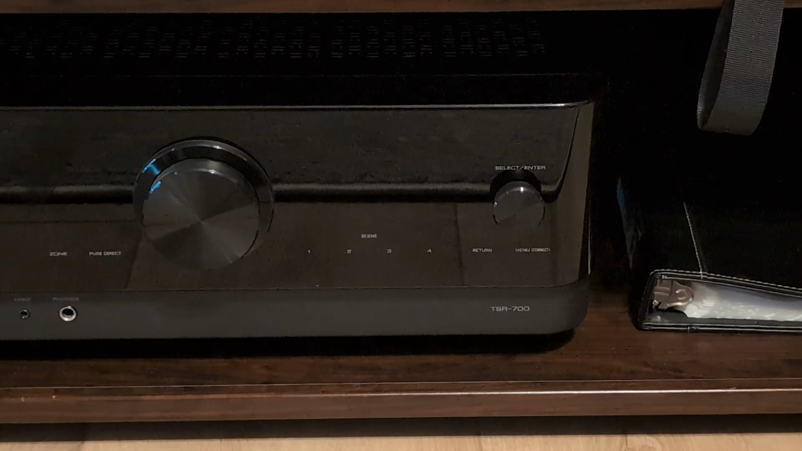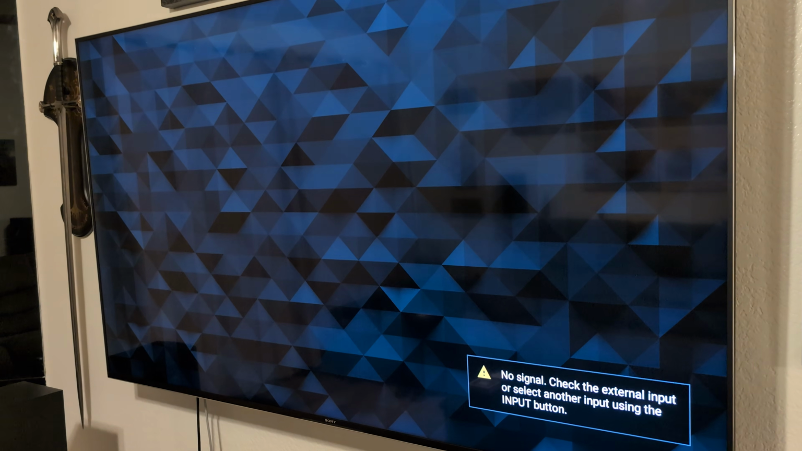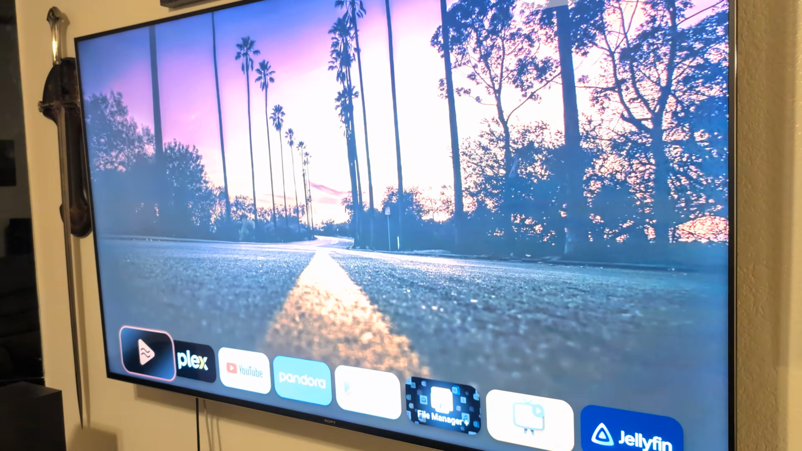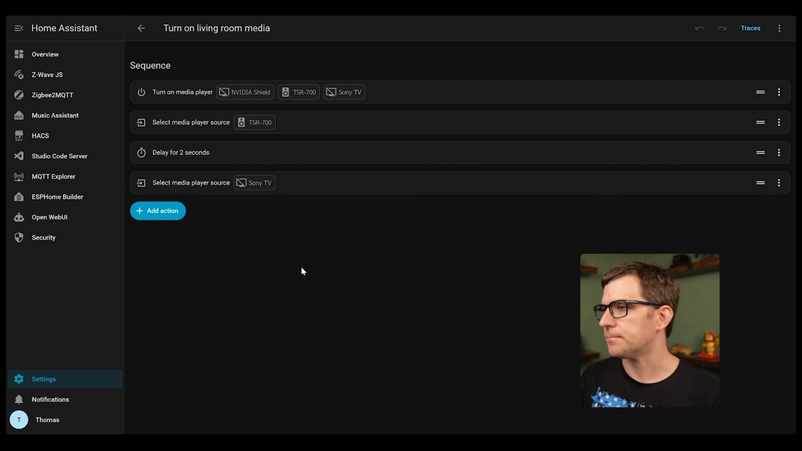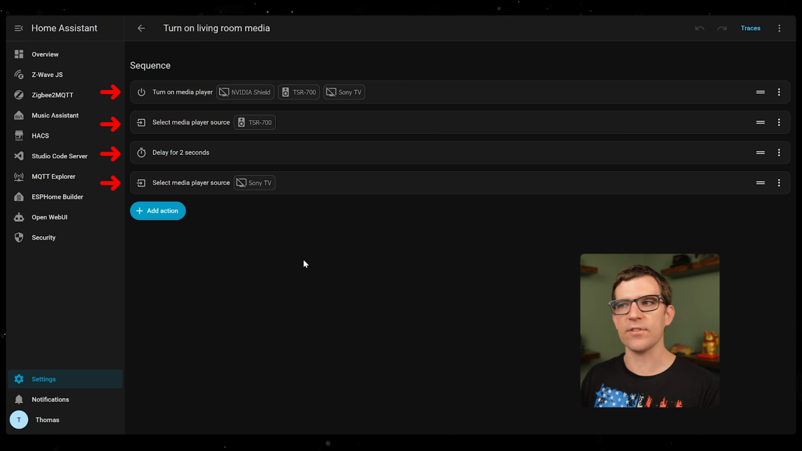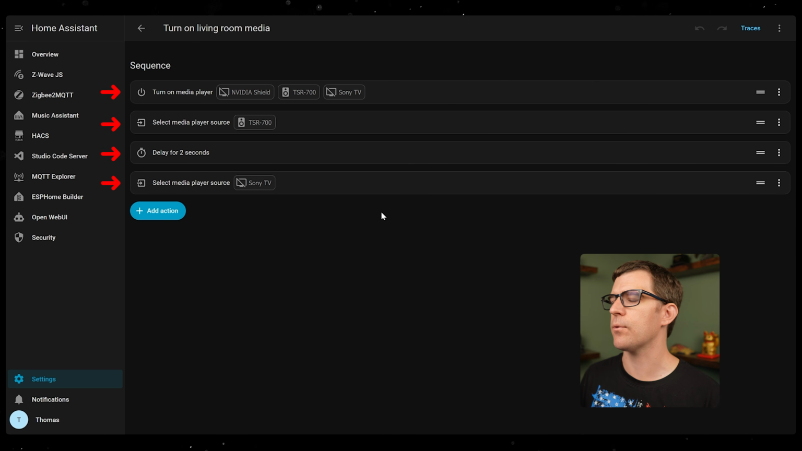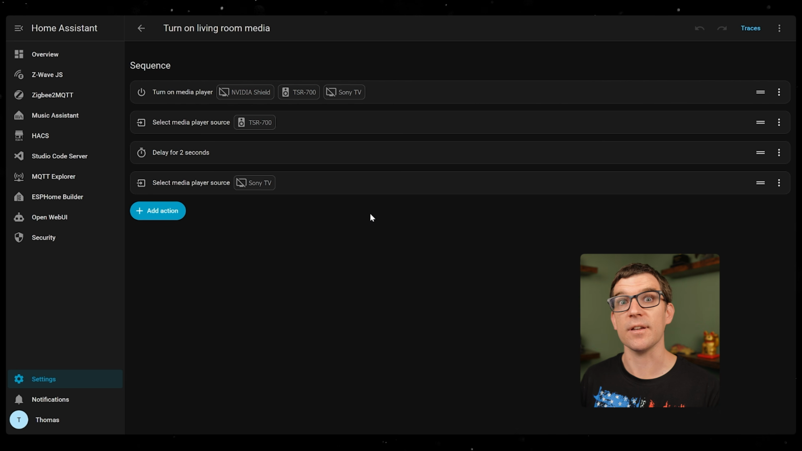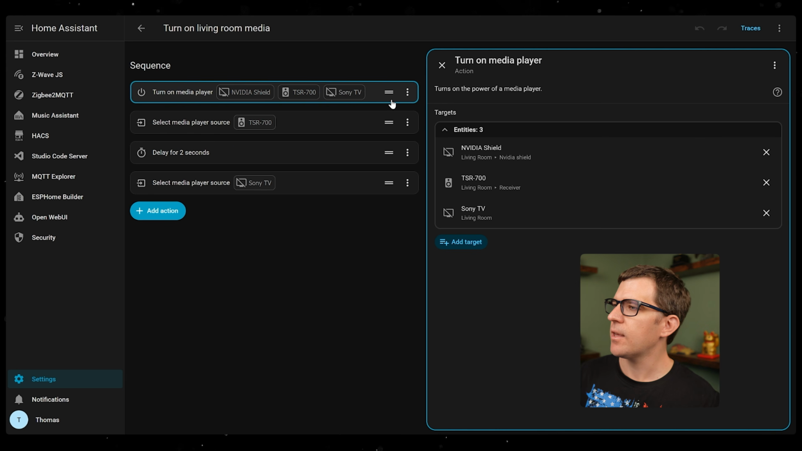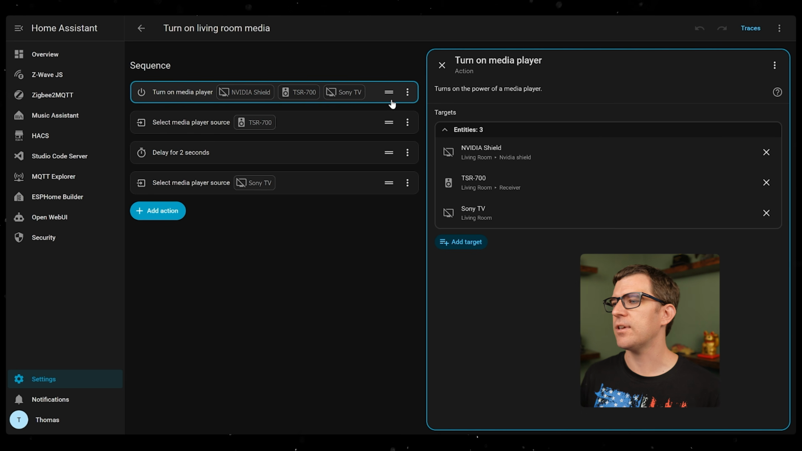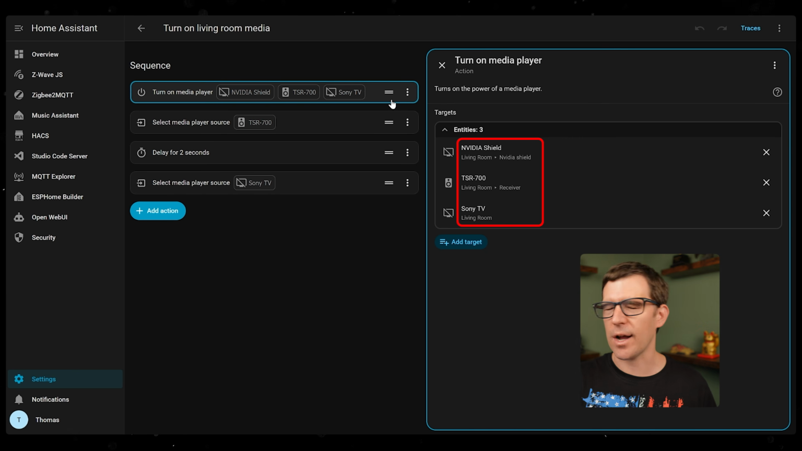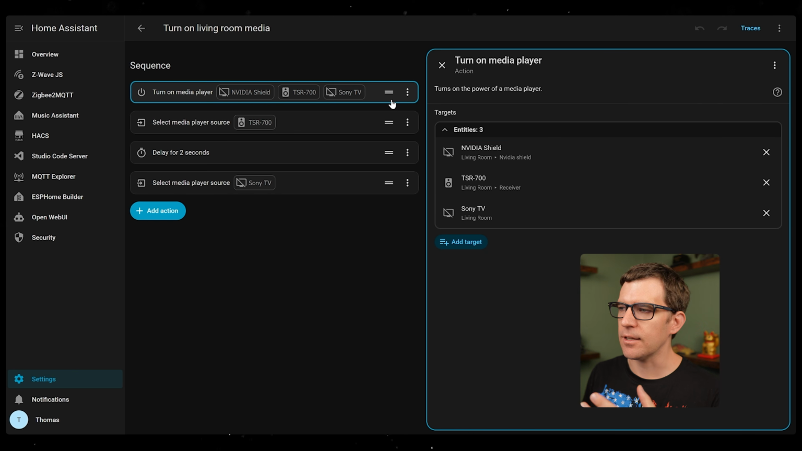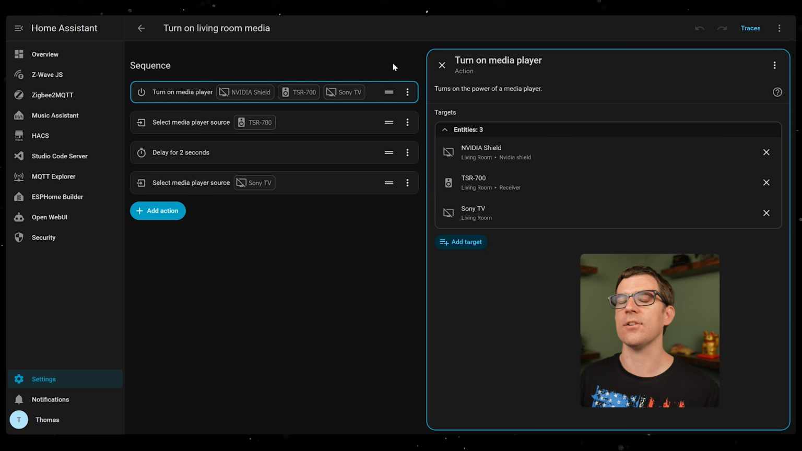For example, let's say you wanted a script that always turned on your living room TV and your stereo and your speakers and anything else you would need to watch TV. You can put all of those into a script like I have over here. This script has 4 different steps in it, as we can see here, 1, 2, 3, 4, and then each one does something different. So for this top step, it turns on all 3 of the things that I need to watch a movie. It turns on my NVIDIA Shield, it turns on my receiver, and it turns on my